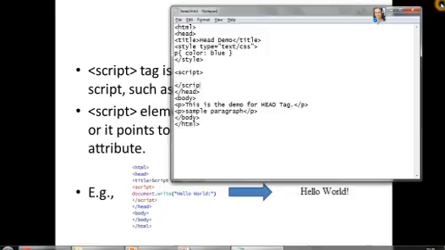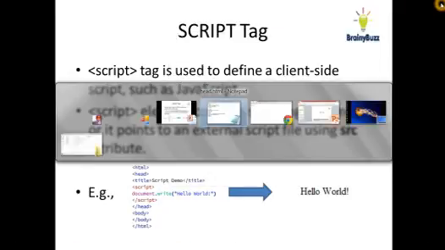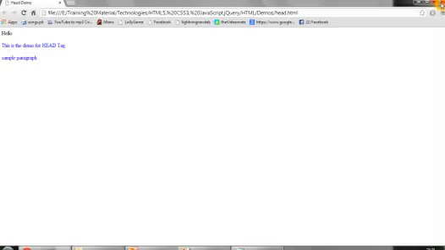If you want to put some script here, like I use document.write and write hello, then after I refresh it, it will be written on the document.